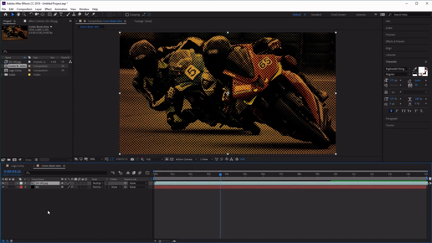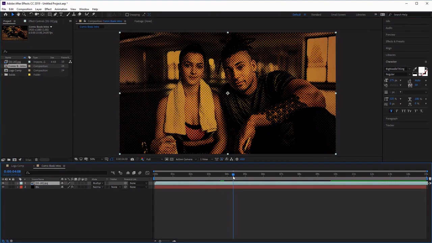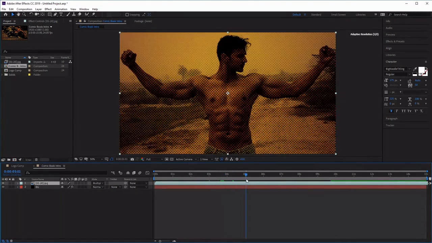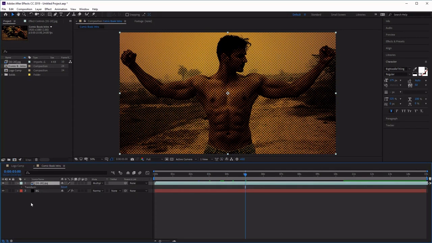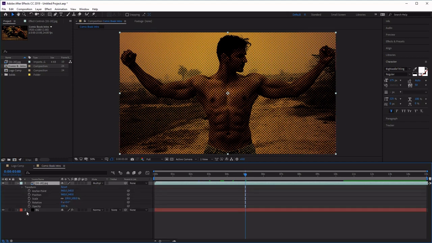Awesome. Now from here, let's go ahead and decide when you want the comic book animation to fade out and our title to appear in the animation. So for example, we want the animation to start fading out at about 5 seconds, like so. So let's move our timeline to 5 seconds. And then we want to click on the image sequence layer, open it up,